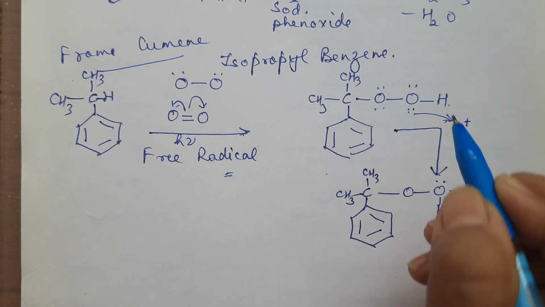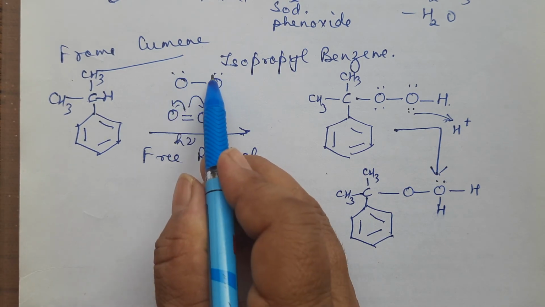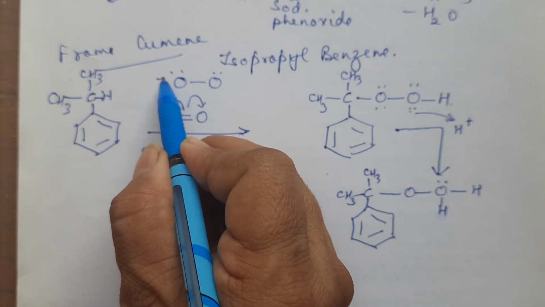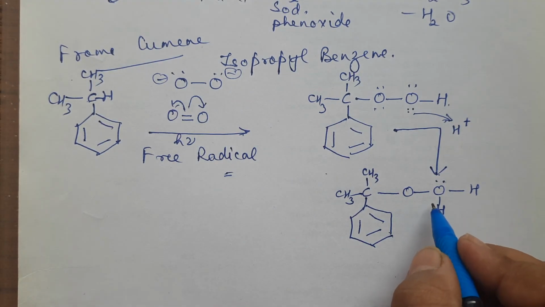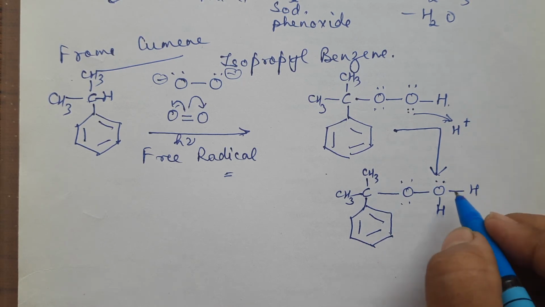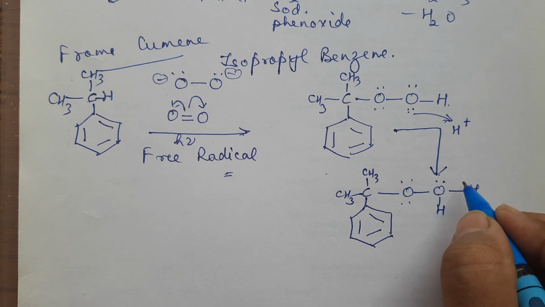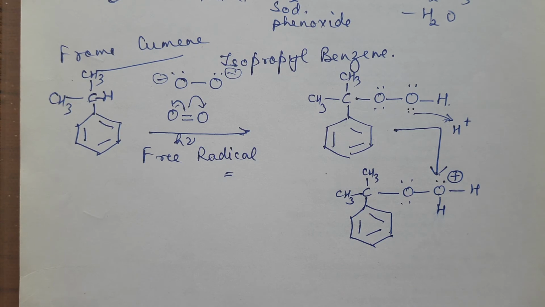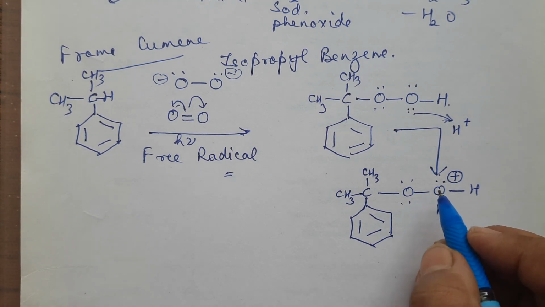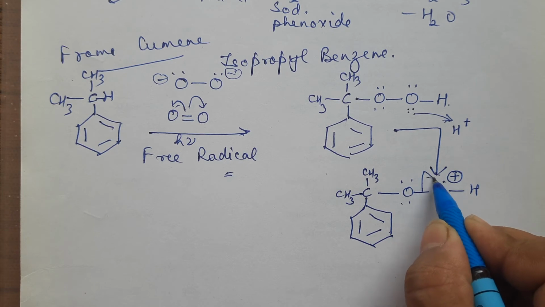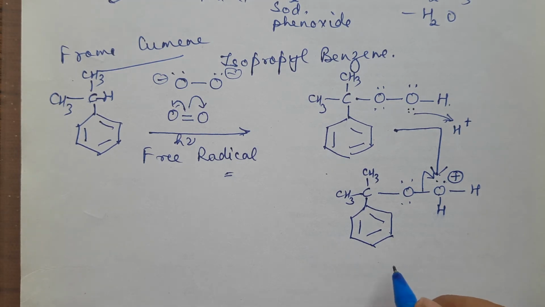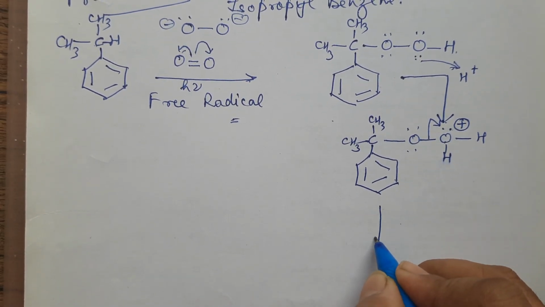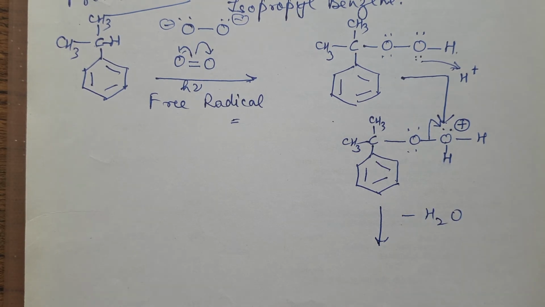Actually now these two are having the lone pairs. This lone pair was just to show you that one extra negative has come over here, because this bond has broken from here, right? Now this is also having two lone pairs, that is obvious. This oxygen atom now has three bonds, so it will get one positive charge. Now this O having positive is not stable, not happy. So it will try to take this electron from here. When it does, this will come out as water, which we will write down separately.